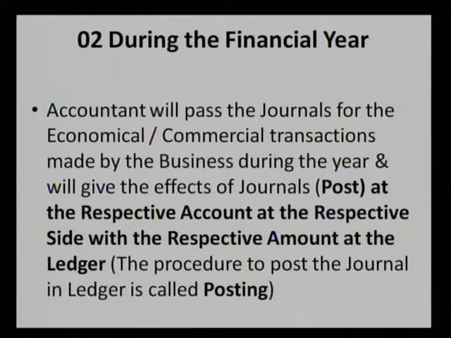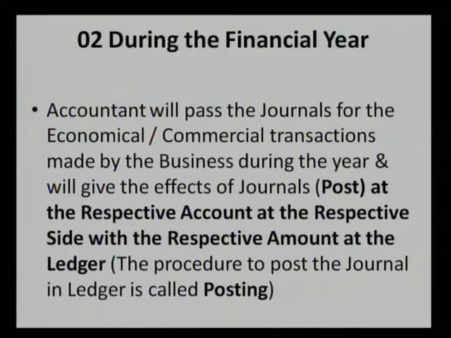So there are 3 important parts. First one, either the debit or the credit, we have to manage the side, we have to manage the respective account. If it is the credit account, we have to post the entry only at the credit side, at the right account and with the right amount. So these 3 are very important. Then only our trial balance sheet is going to be tallied. Otherwise it will have some difference between the sum of the debit as well as the credit side. So again, let us go through with this screen.